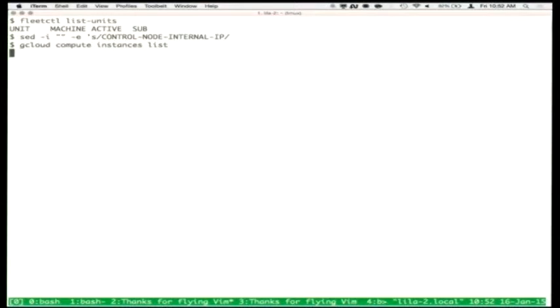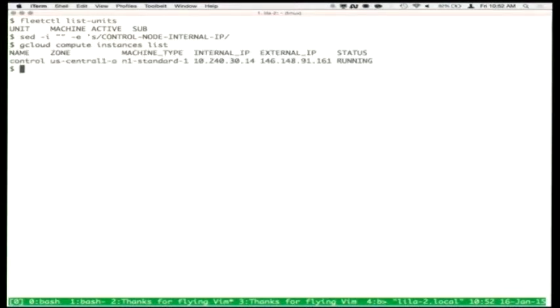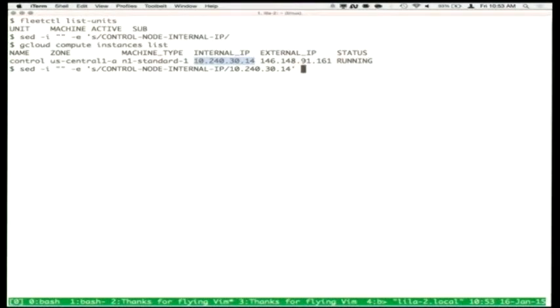Essentially, there's a control node, which is hosting all the APIs and stuff, and then there's going to be an n number of worker nodes. And so those worker nodes know where to get information about the cluster. So we will do a quick sed, and then,